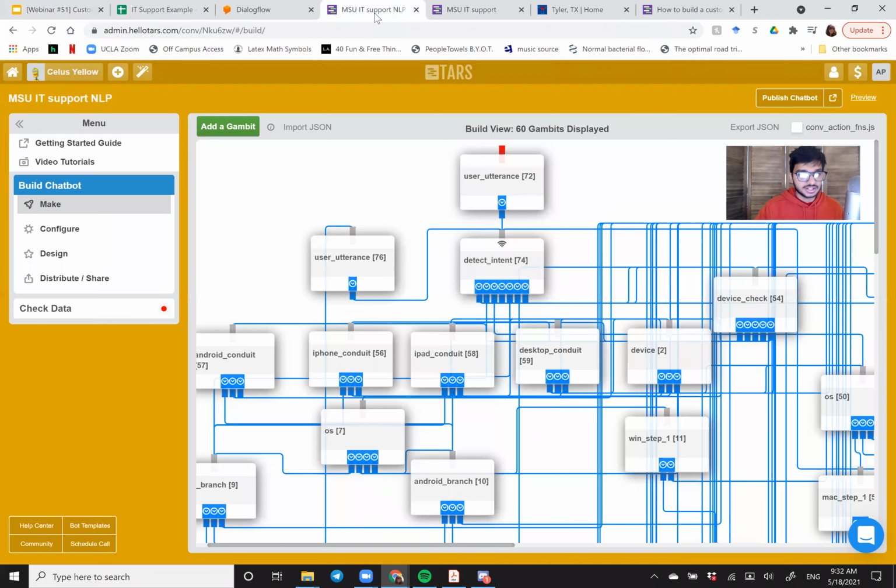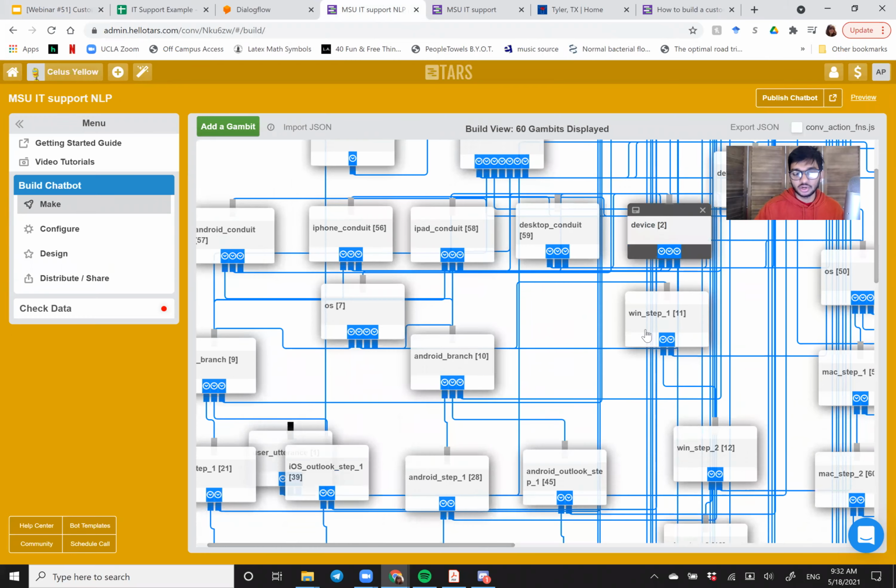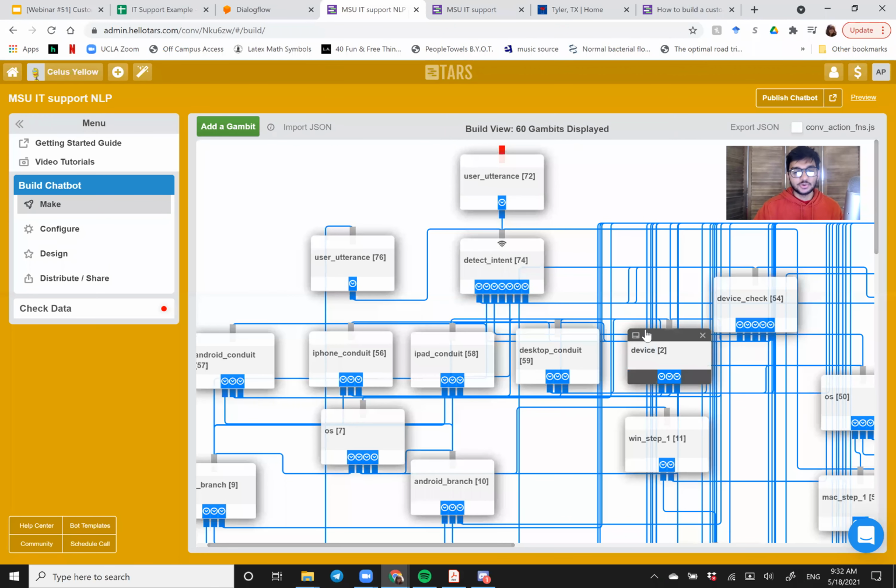And over here, I actually have that set up. This looks a lot more complex than it is. I just have a tendency to overcomplicate my chatbot flow. So over here, what's essentially happening is we capture a user utterance, we send that to Dialogflow where the intent is detected, and then based on the intent, we branch off in different directions. Now, these are actually just two intents, printer setup and email setup. But the reason I have over here seven branches is because I've created separate branches